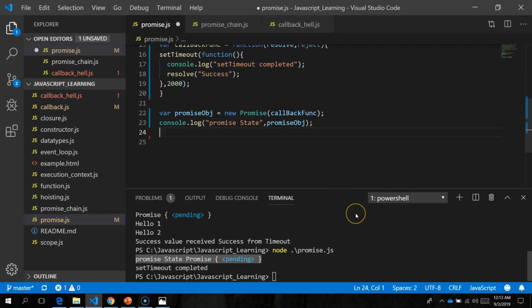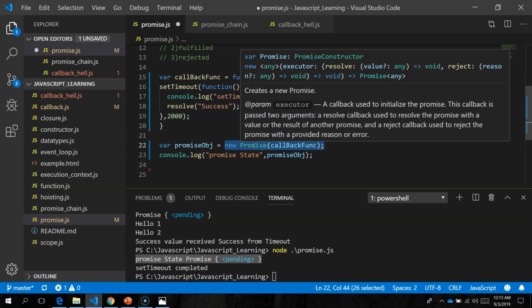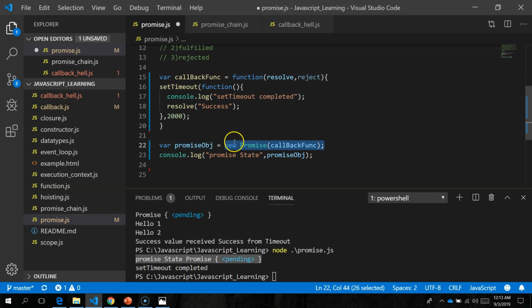The other thing you need to understand is that this is like a synchronous function. It will execute whatever asynchronous functions it has and return. This acts as if it is a synchronous function, that's why after this only this gets executed.